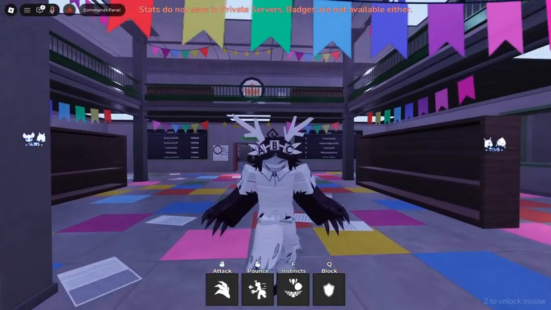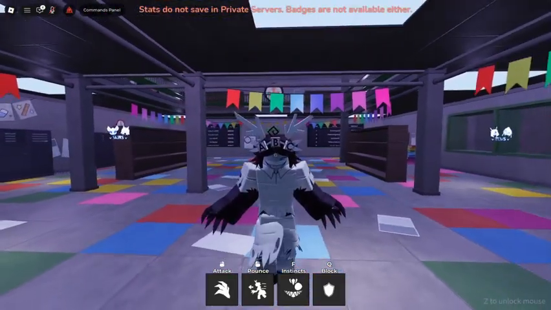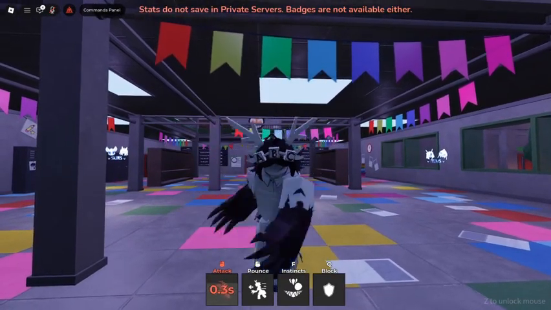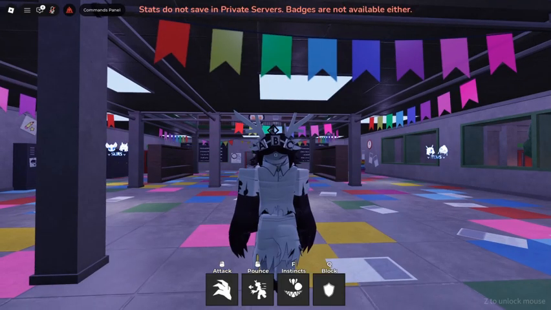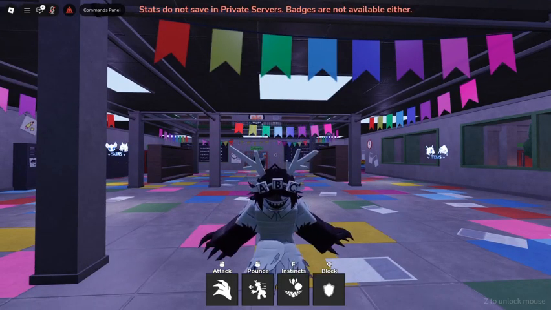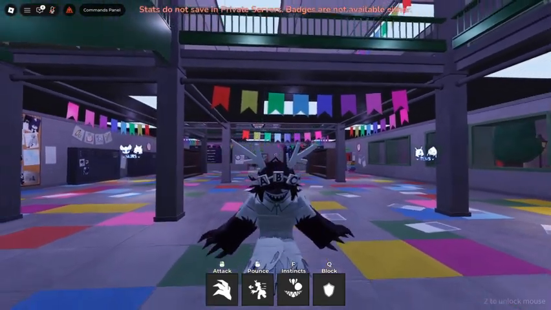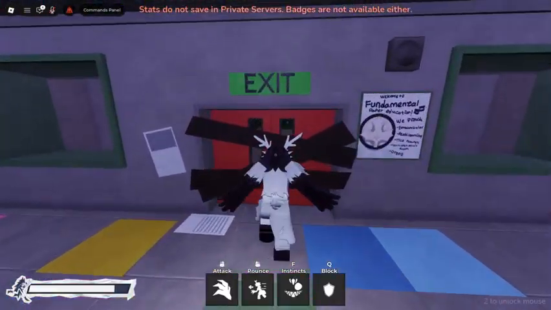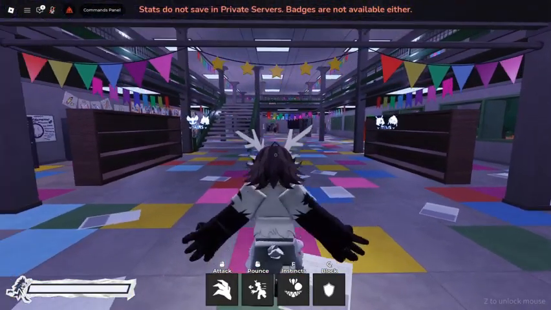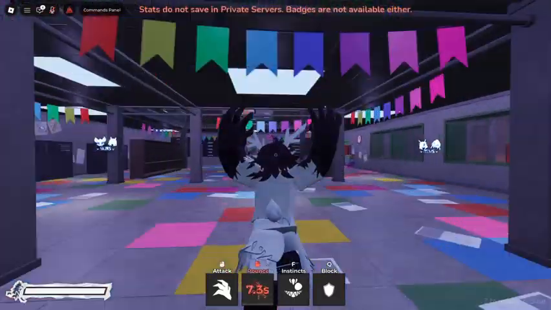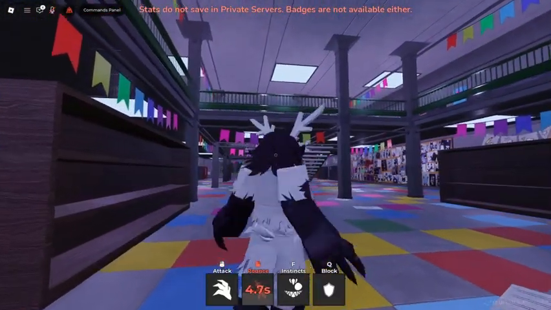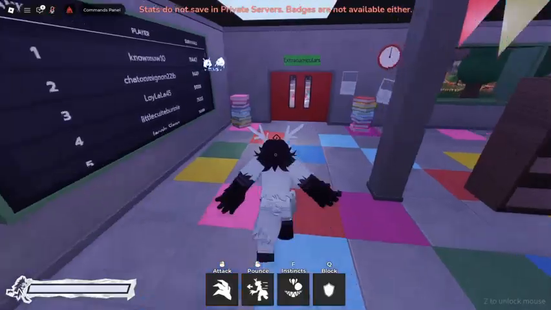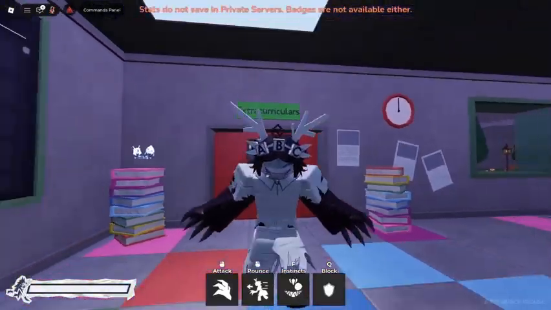And the next one is Miss Thavel. So this is what Miss Thavel looks like. Now, let me go over her abilities. She has an attack. She has a pounce ability, which, if you hold down right click, she growls a little bit and crouches down a little bit. Now actually, let me go to the end of this hallway so I can show you what her ability does. If I hold down this ability, she basically lunges forward, and she can go a long distance. She can go from the end of this hallway to the end of that hallway in no time.